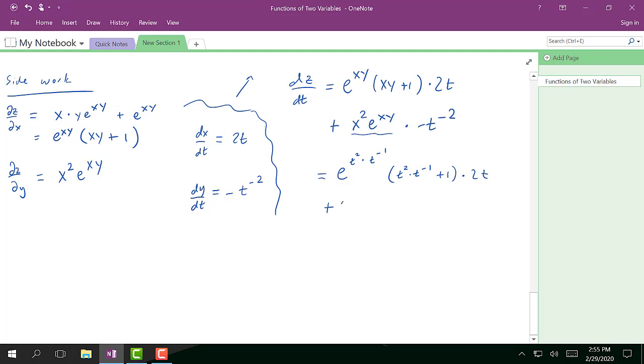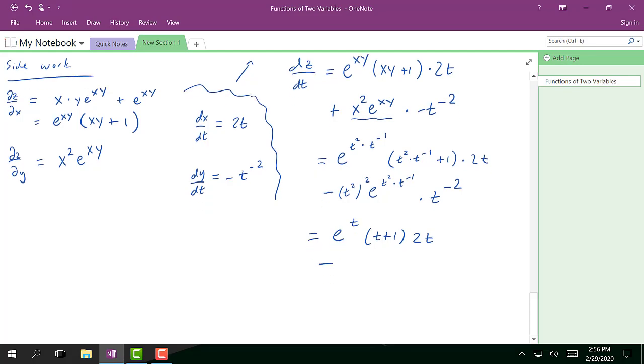Plus, now here I have this problem, x squared e to the xy. So x is again t squared. So t squared squared e to the t squared times t to the minus 1 times negative t to the minus 2. So I'm going to bring this negative outside here. I'm going to get t to the minus 2. So what I get overall is e to the t times t plus 1 times 2t